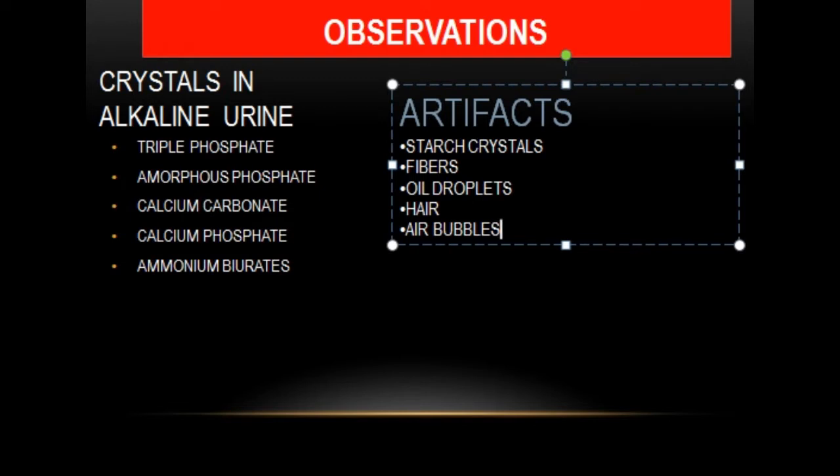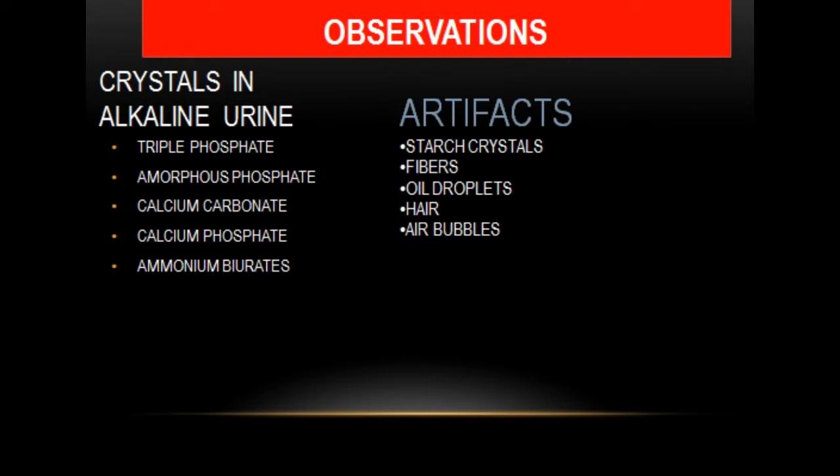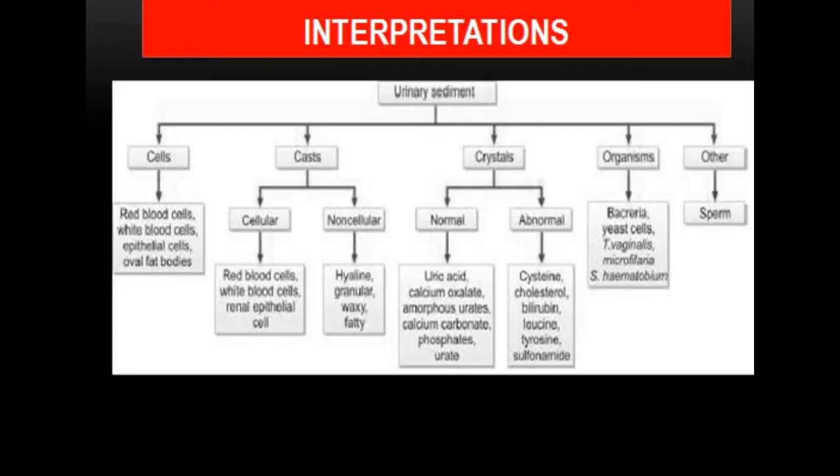Now what will be the interpretation? Urinalysis is basically done in case of pathological conditions, especially microscopic analysis, which is usually done after urinalysis by simple physical analysis or by the dipstick method, in which we get an idea of the condition of the patient, whether they are suffering from any disease or not. So if there is an infection or damage to the kidney, then further microscopic examination will be carried out.